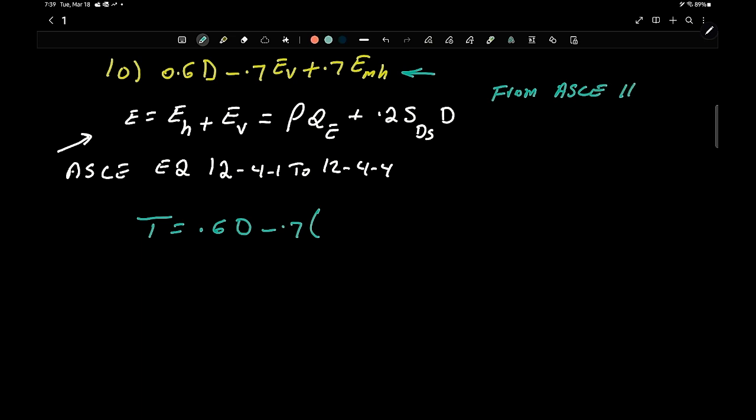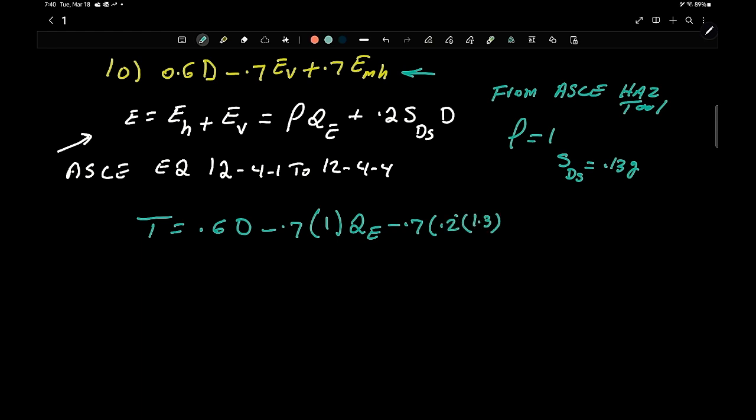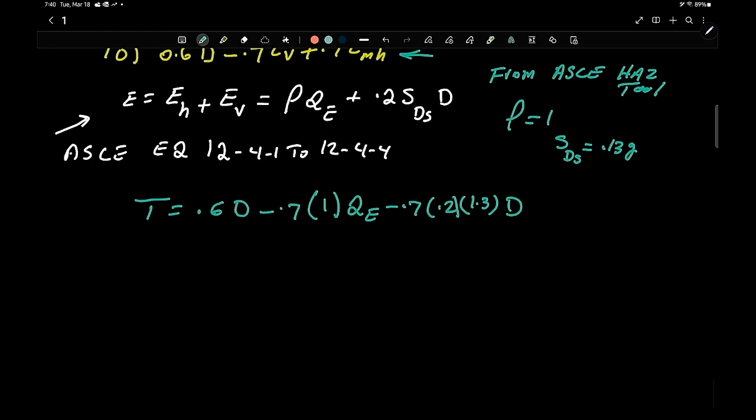ASCE hazard tool. We have rho is equal to 1, SDS is equal to 0.13 g. So we're gonna have 0.7 times 1 times QE, and then minus 0.7 times 0.2 times 1.3 times D. So simplify this,